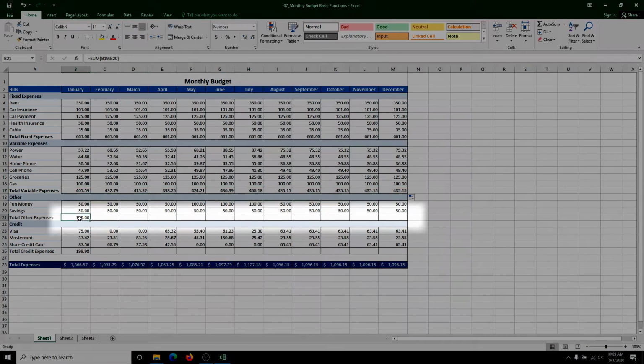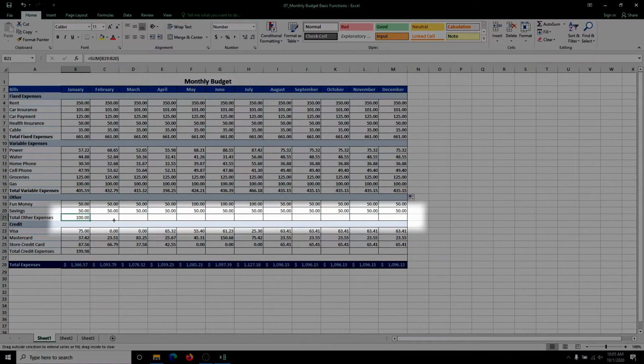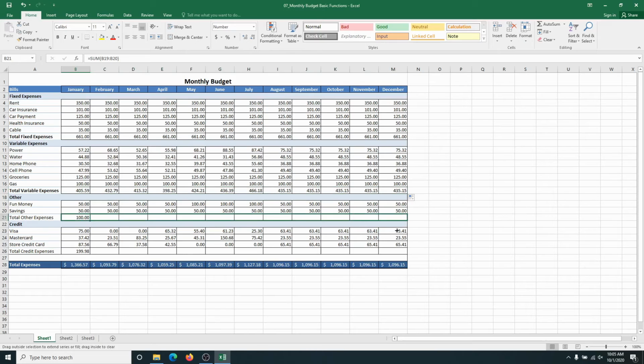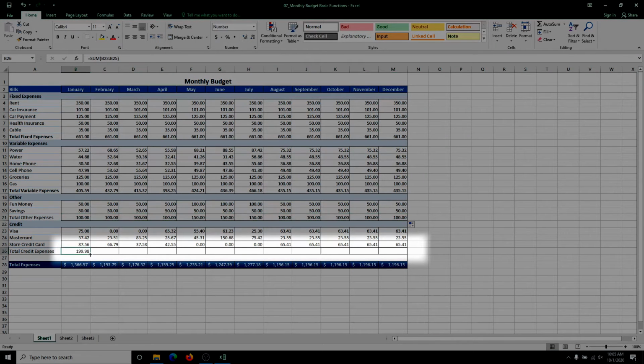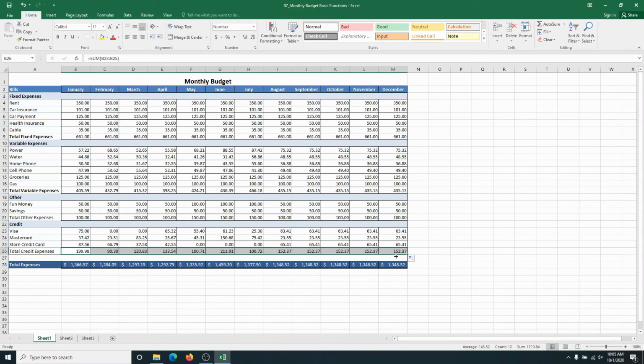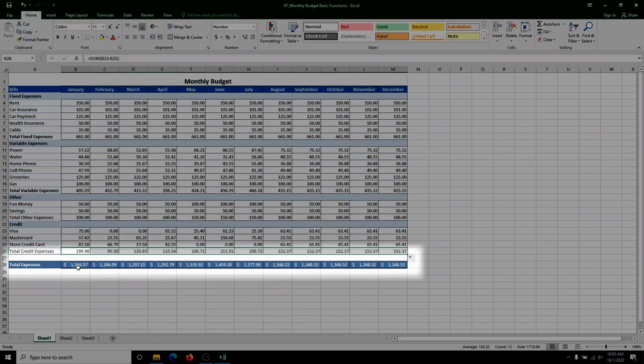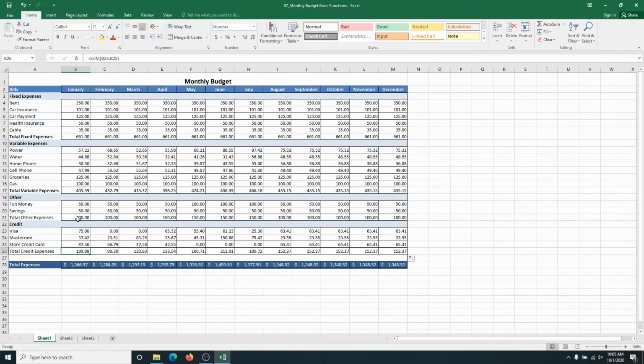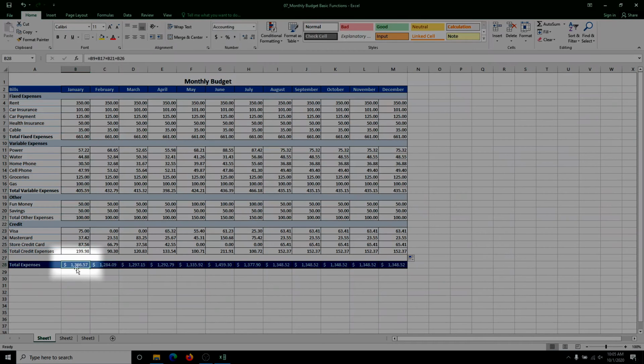And I can do the same thing for totaling other expenses. And I can do the same thing for credit. And since we had the formulas preset in here to add up the totals together, we can see that our total monthly expense for January is $1,366.57,